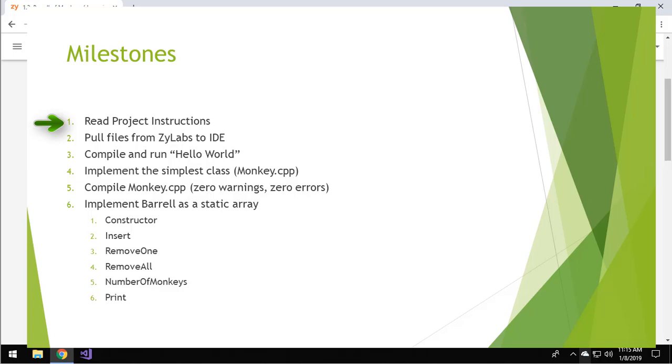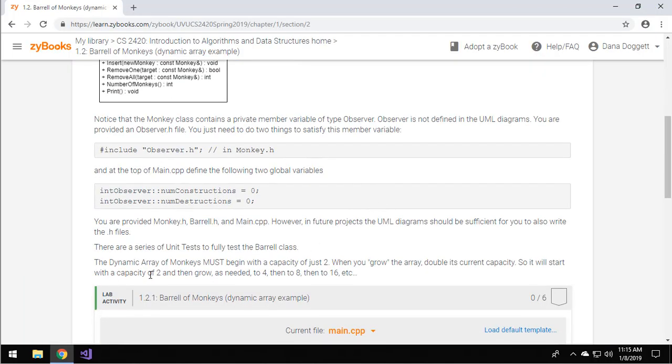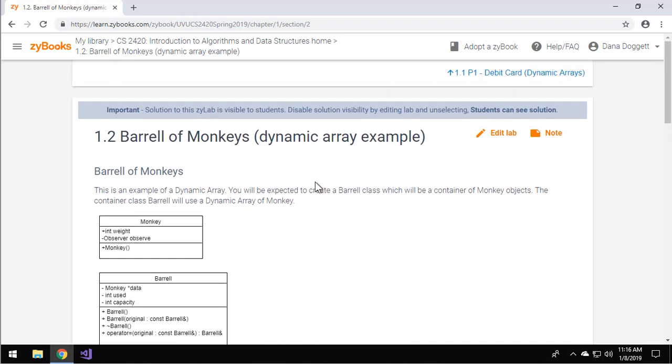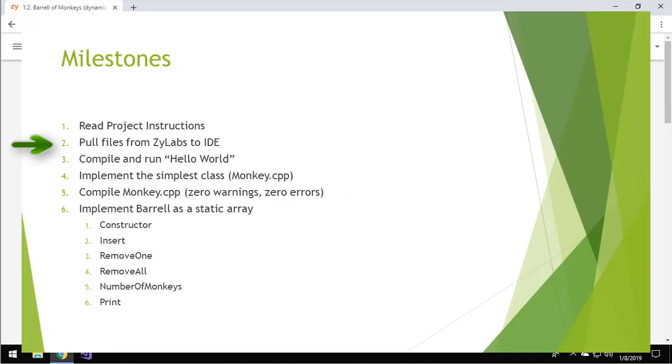Don't just read through it once. Read through it multiple times so that you understand there might be little things in there, such as, hey, the dynamic array of monkeys must begin with a capacity of 2. When you grow it, you've got to double the capacity. So it starts with 2 and then grows to 4 and 8 and 16. If you miss that and you start it with a capacity of 3, the unit testing is going to fail. So you've got to understand everything that's in here. So take a moment and do that. I will assume that you've done that. So then we'll check that milestone off and we'll go to milestone number 2, pull files from the Xylab to